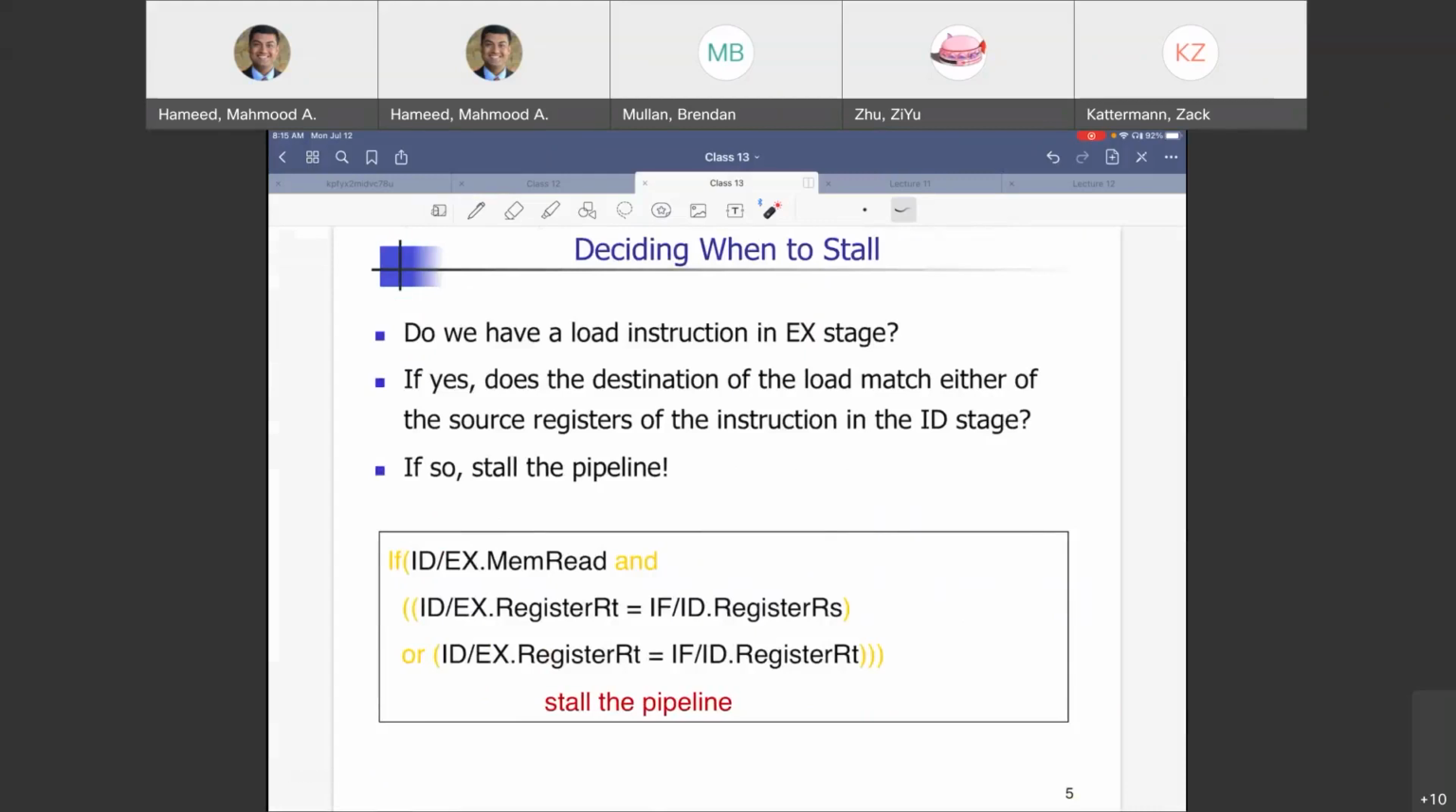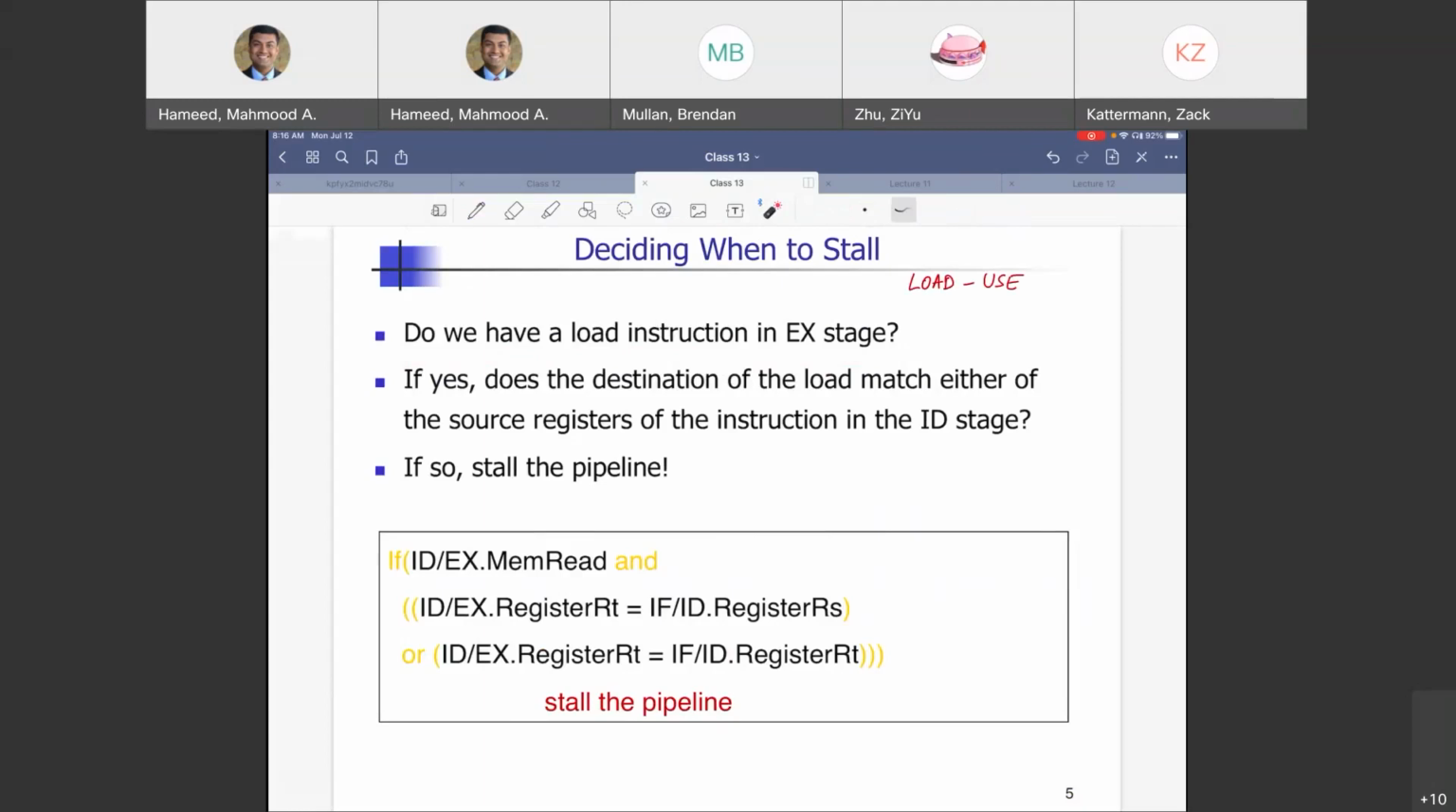So let's see two things. One, when do you stall? Next, how do you stall? By the way, how many instructions do you need to stall by? One, just one, right? The next instruction is the problem. You don't have to worry about the instructions after that. We are just talking about one instruction getting stalled. For this specific load use data hazard,